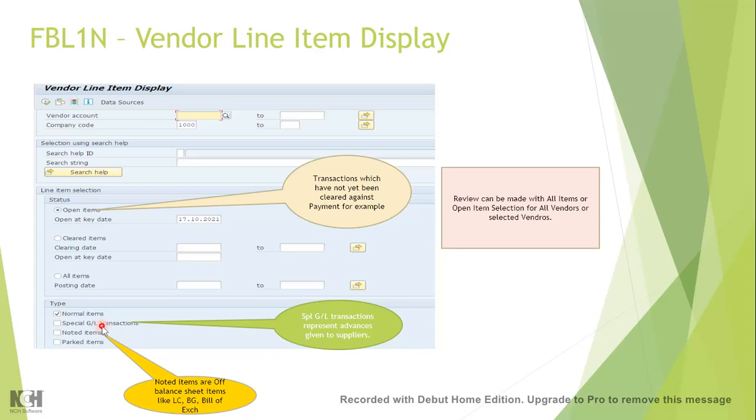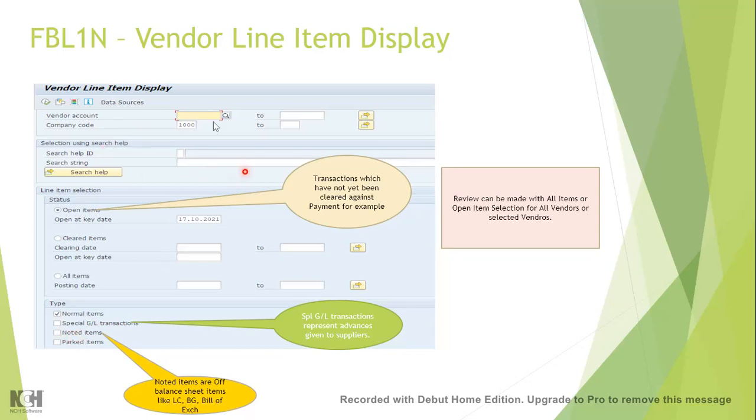If you want to get the aging of all the advances paid to suppliers, just select this item type. Noted items are off balance sheet items which are not hitting your financial accounts. However, they are important. For example, letter of credit, bank guarantee, bill of exchange are all treated as noted items.